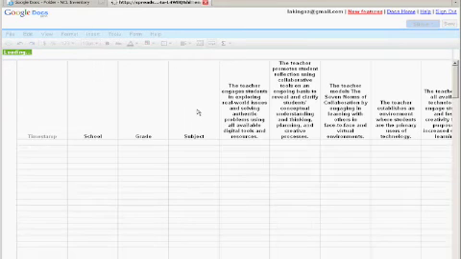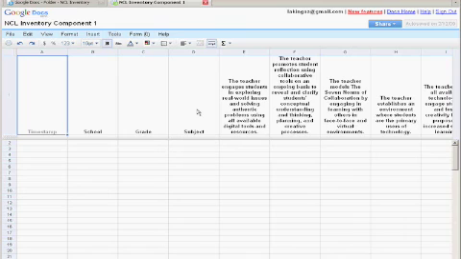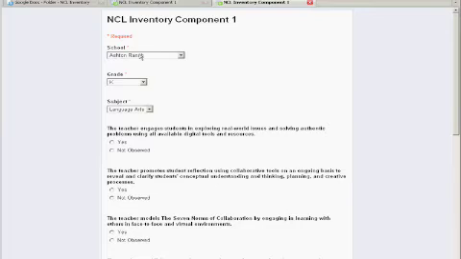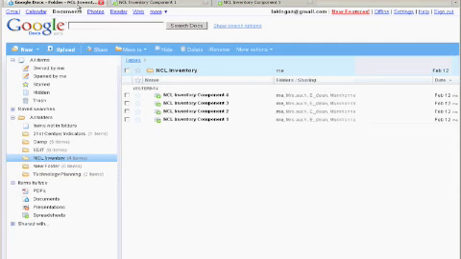So I'm going to go ahead and click on this. It takes me to the spreadsheet view. I click on Form and go to Live Form. There's my live form, and up here is the URL to this live form. Now you are not going to want to have to type all this URL in to your iPod Touch. So select it and copy it, and then open up a new page and go to